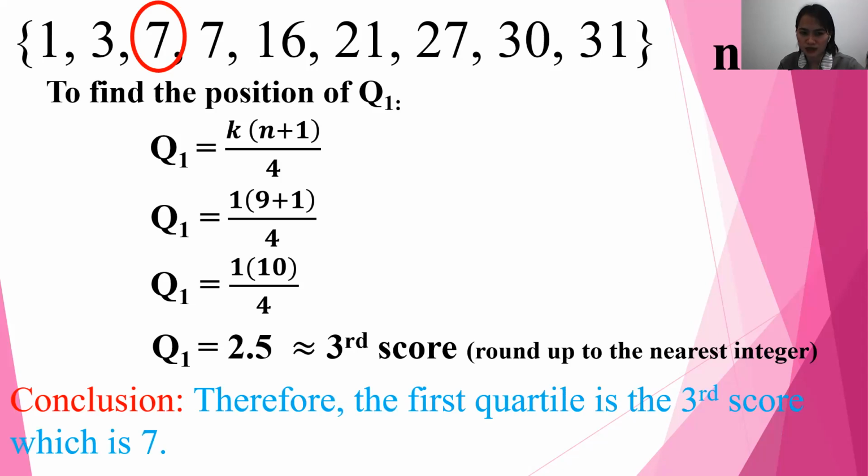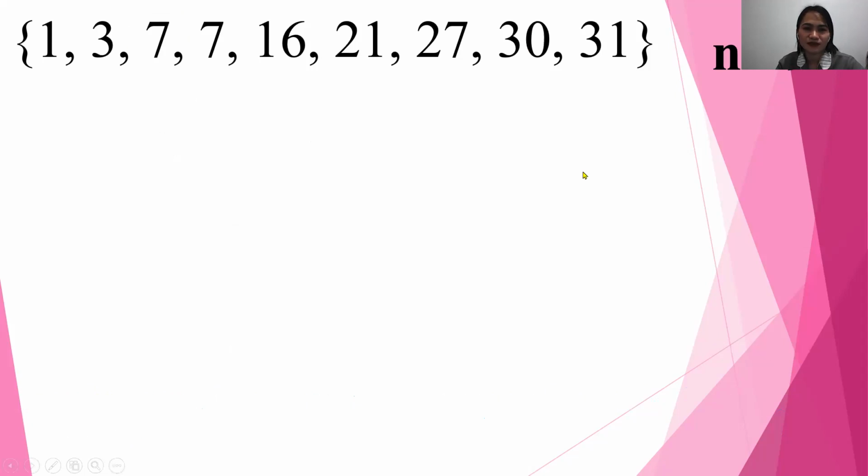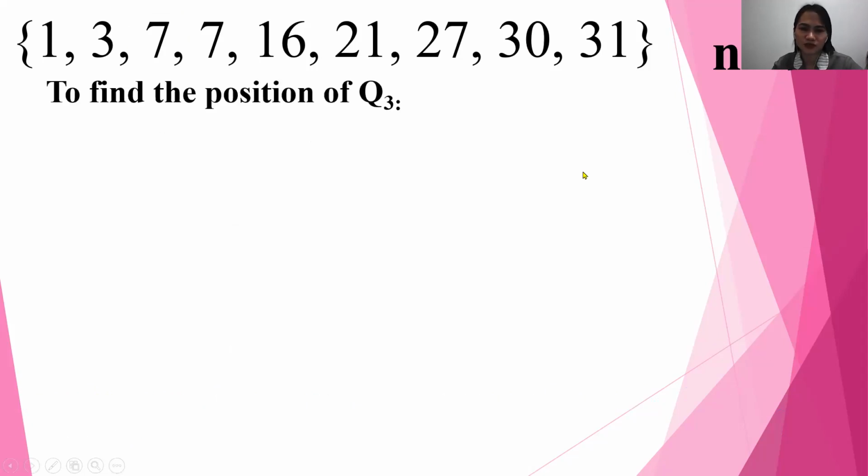So look at the data. Our quartile 1 is the third score. So what is the value of the third score? It is 7. So the first quartile is the third score, which is 7. Next, if we get quartile 3, or the third quartile, so again,